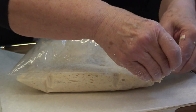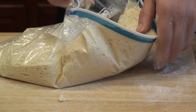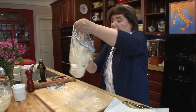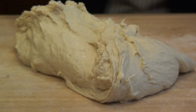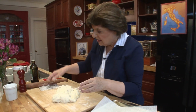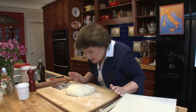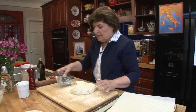So now we can deflate this dough. And I want you to see there's a lot of holes in this dough. So once I open this bag, I just turn it upside down, and it smells so yeasty, so yeasty. So there it is. And it's what I like to think of as a slack dough. It's light, it's fluffy. It doesn't have a lot of flour, but I have to knead it. And it is now very, very yeasty. So I'm going to put just a little flour down on the board,